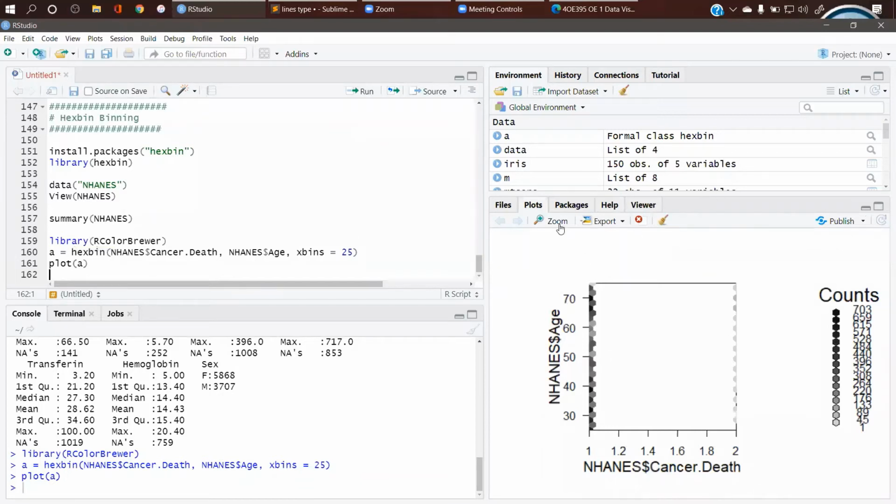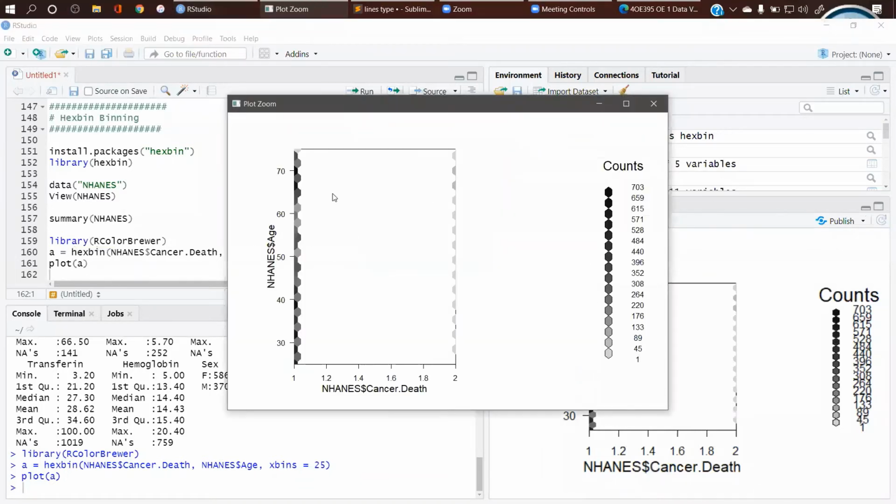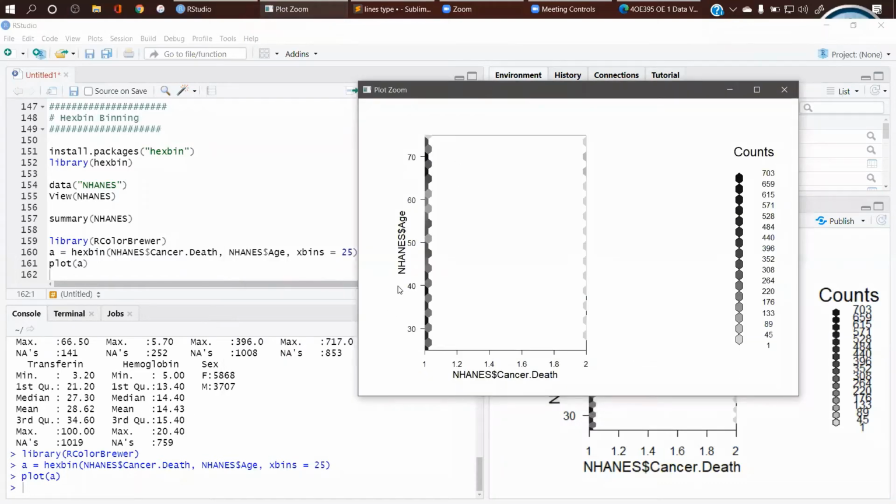Okay, so you can see the output here. On the right side, you can see the number of counts appearing in a gradient from low to high color intensity, and the x-axis and y-axis we have taken as cancer death with respect to age, right?